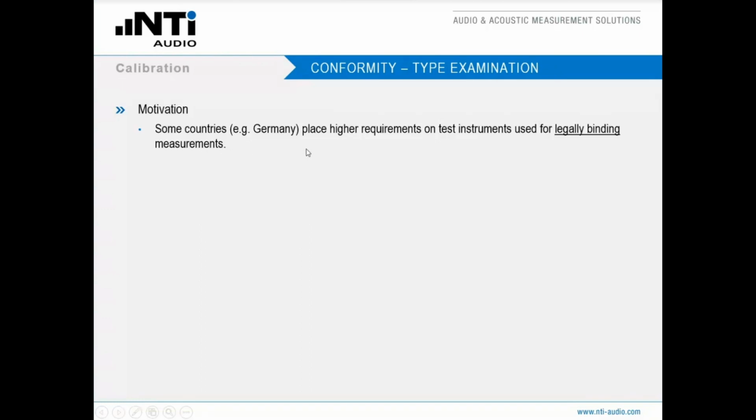And these higher requirements must be met if you want to use your instrument in a legally binding application. Let's say environmental noise measurement, and you have to go to court with your measurement results because one neighbor is complaining about the sound level. So then you have to prove to the court that your instrument has been working correctly.